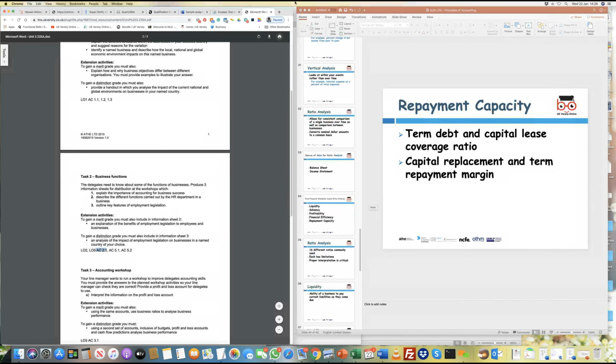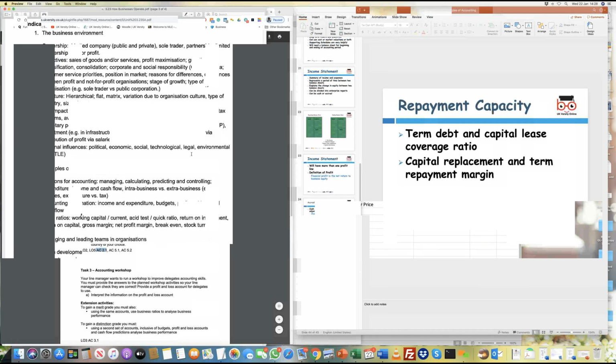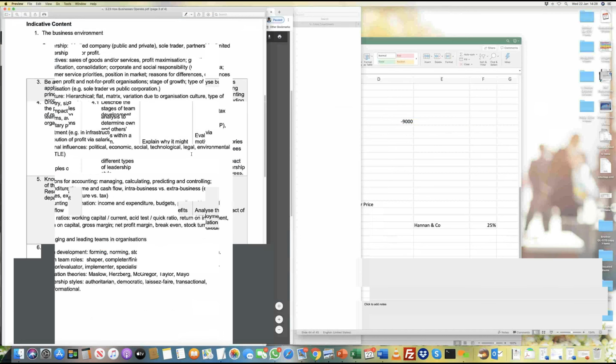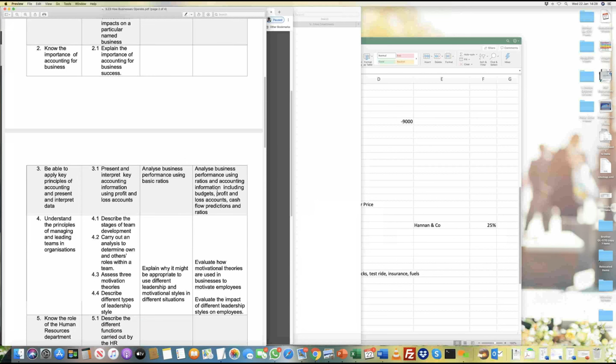So I hope with this you've understood Learning Outcome 2, and I'll look forward to catching up with you next week, starting Learning Outcome 3, which is to look at interpreting some of the accounting information from the point of view of an example. Here we are going to practically pick up an example and then interpret either the profit and loss account or the balance sheet for a company, and then present it in the